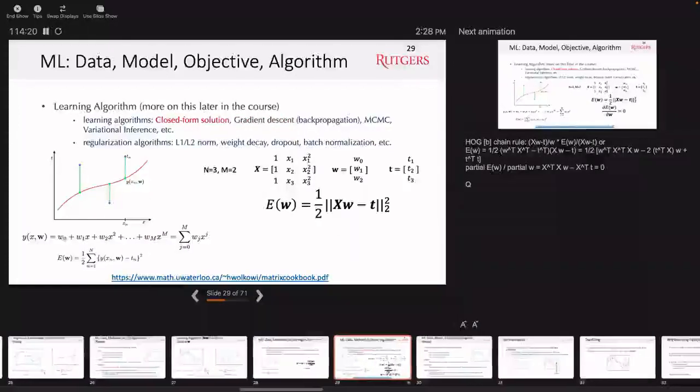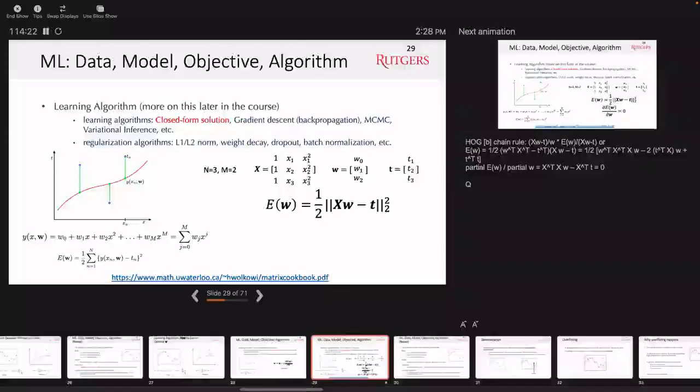The second learning algorithm is closed form solution. So this is going to be mathematically more involved, but it's still doable. Let me first give you an intuition of closed form solution. So what's closed form solution? Let's say that